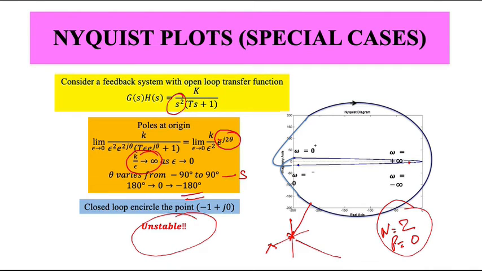Okay, so this is all about the special cases of Nyquist. We will not really go into plotting complex plots, that is not the aim of the course, such as something with s to the 4 or s to the 6 and so on. This is not important. We just try to understand what the plot tries to tell us.